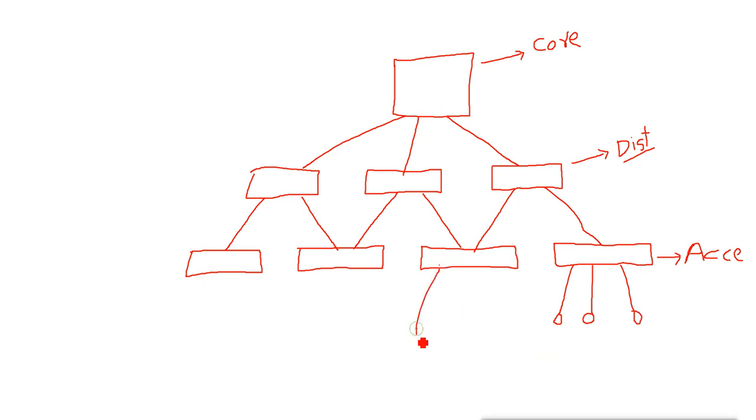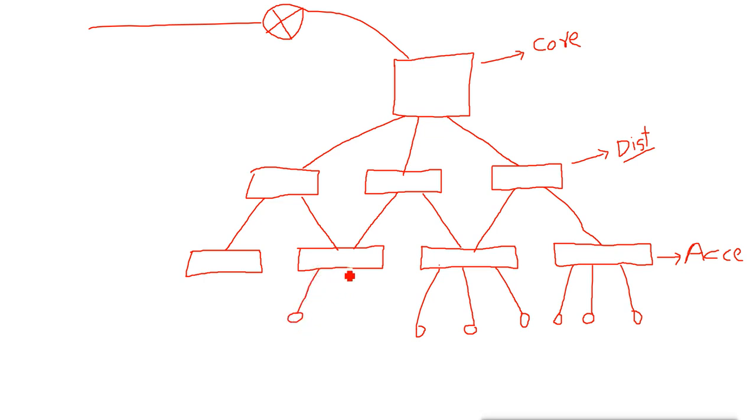Then after this we have the core layer. You can see it is connected to all the other switches, distribution layer or access layer, and from here our network will connect to the router. It will connect to the router and then it can go outside our network. So access layer switches can have a minimum configuration. We can have normal access layer switches because they have end devices, and on the distribution layer, because our servers are connected there, we should have higher end switches.